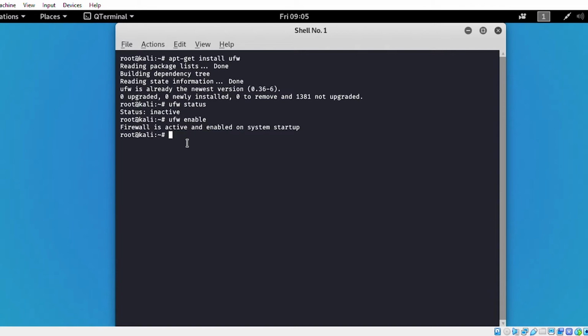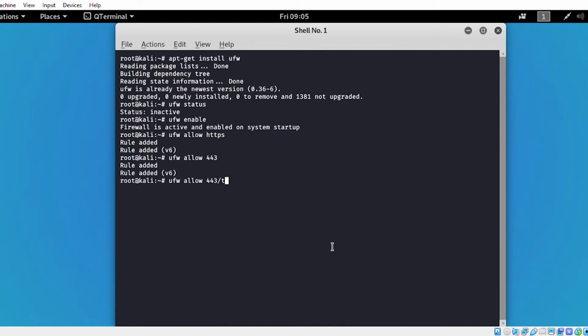Now we are going to create our first rule, which would be to allow the HTTPS traffic. The command for it is ufw allow https. Here we can see that the rule has been created. The same thing can be done by writing the port number as well. Here the port number is 443, so we can also write ufw allow 443. Then we can do the same by using this command, ufw allow 443/tcp.